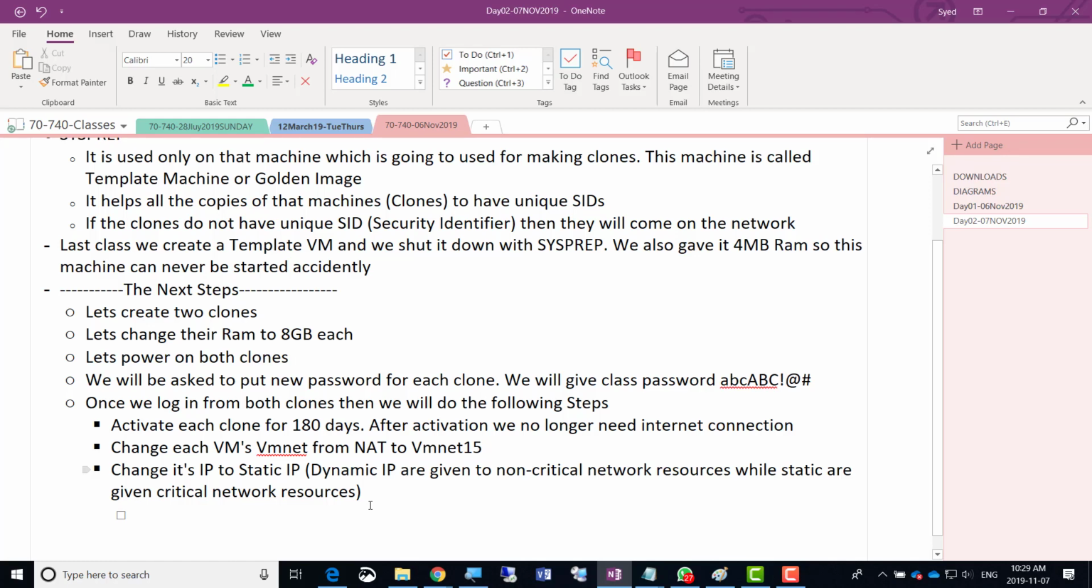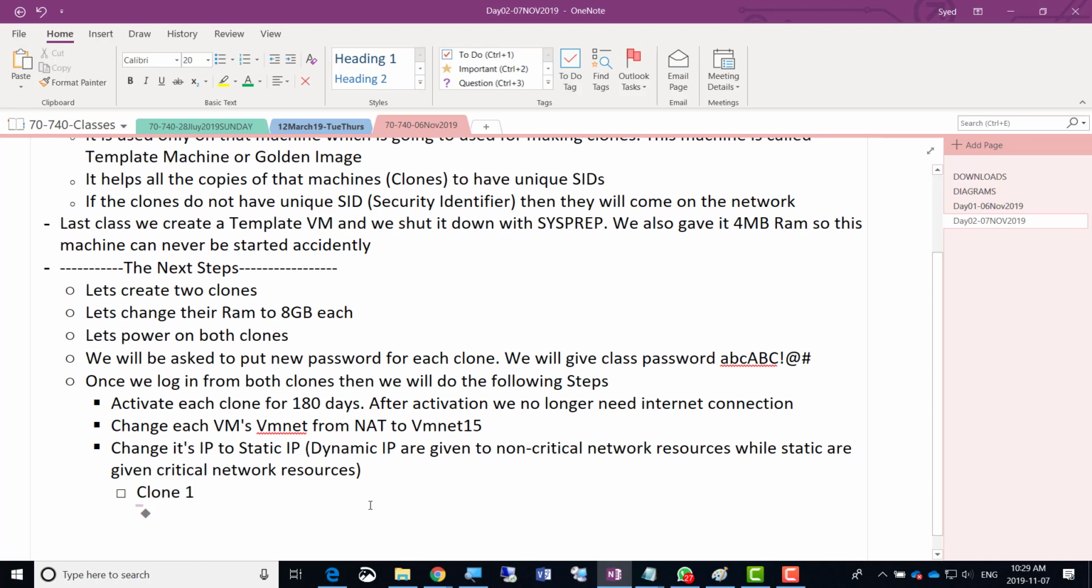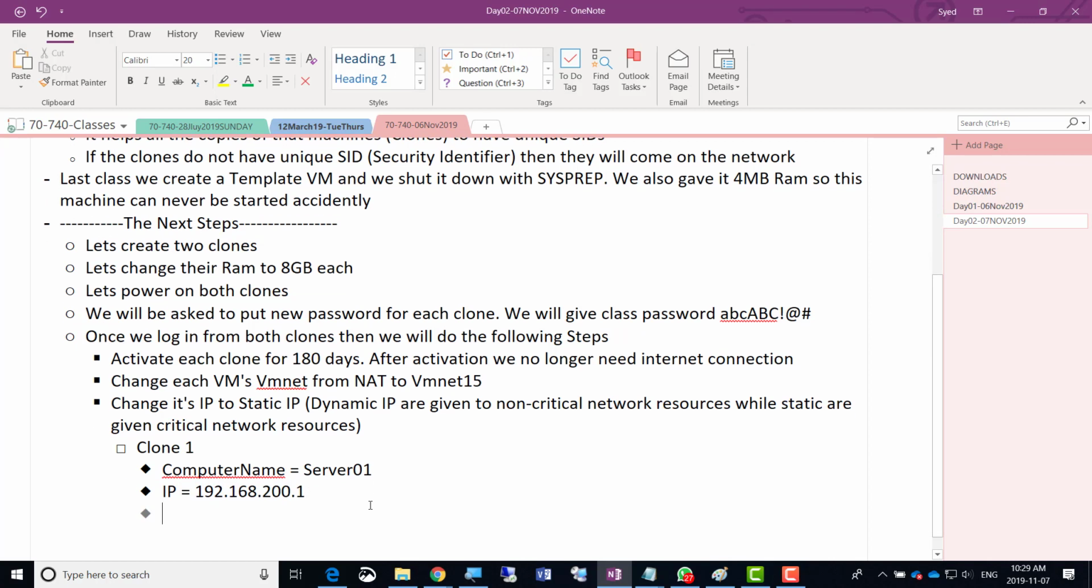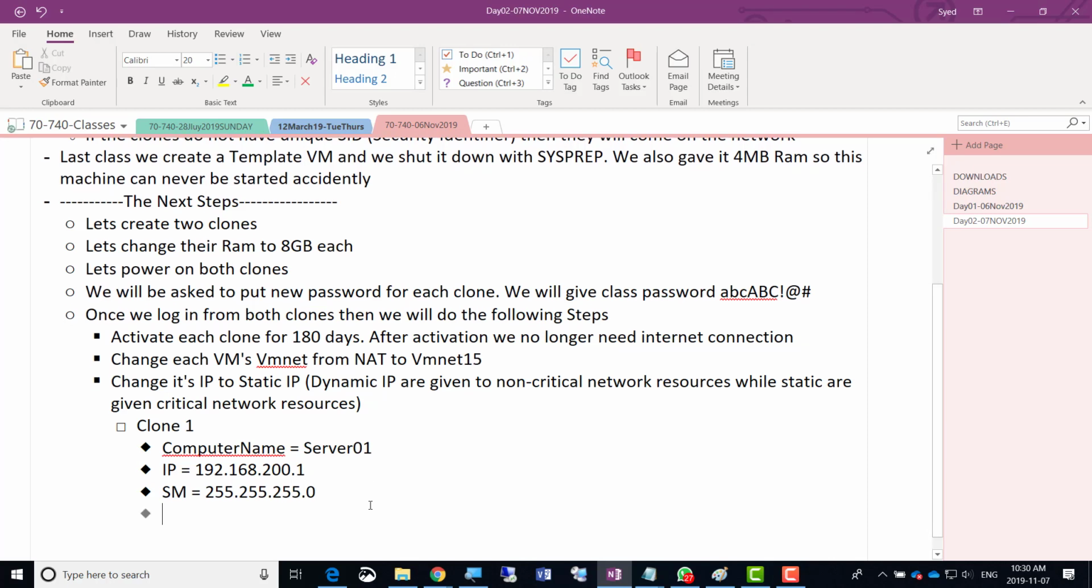So our static IP configuration for each clone will be like this. Clone 1, we're going to give computer name equals, so we're going to keep it simple, Server 01 for the first clone, and its IP equals 192.168.200.1. Its subnet mask, SM, equals 255.255.255.0, and then the gateway, GW, is